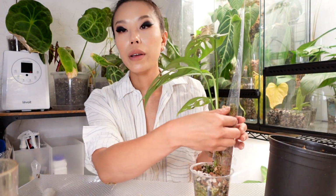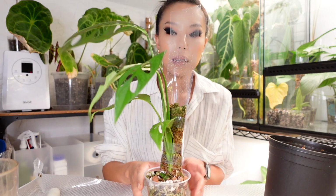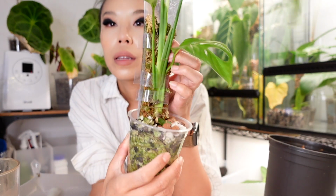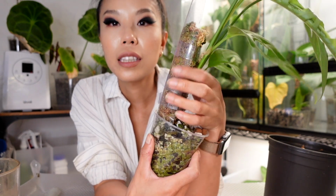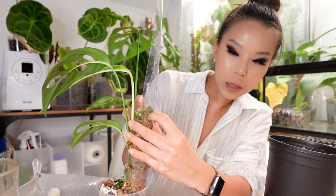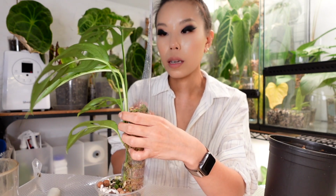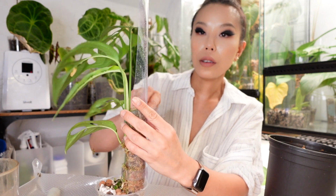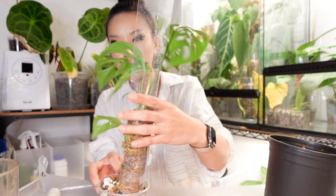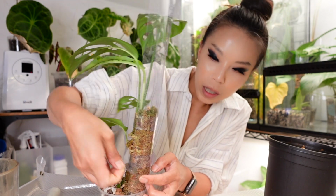And to be honest, I don't even know if I have much plastic up here. No, actually I do. So first of all, someone asked me how, when it starts to grow past the plastic, what do you do? So for example, these petioles have grown past this strap here. Essentially it's really simple, you just undo it. At this point there's enough roots in the pole holding the moss together, so it shouldn't fall apart. And then I'm just gonna go around the new petioles and put it back in. And actually now I can probably steal one of these lower straps at this point and just use it